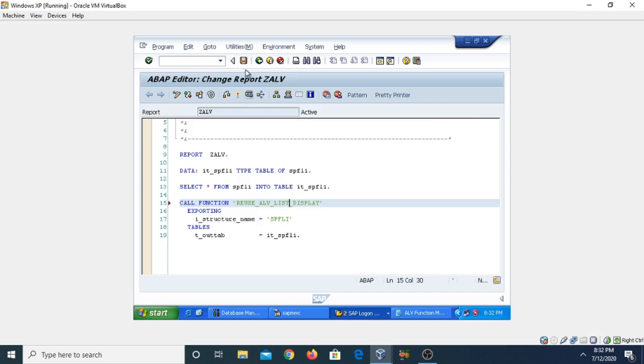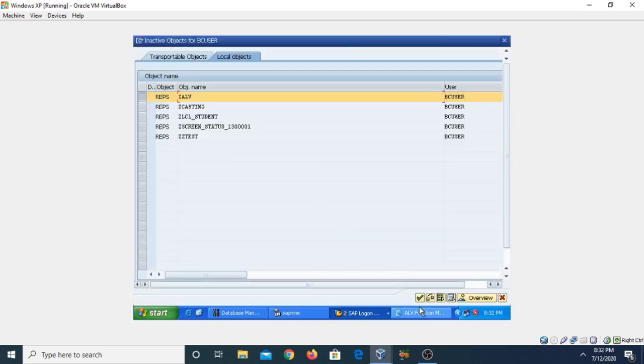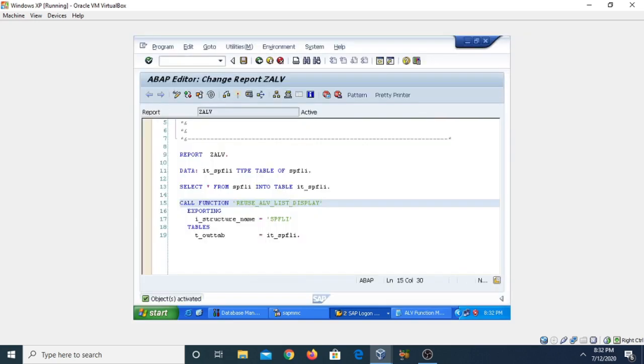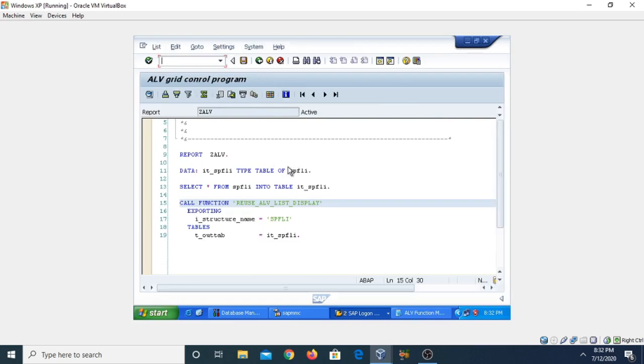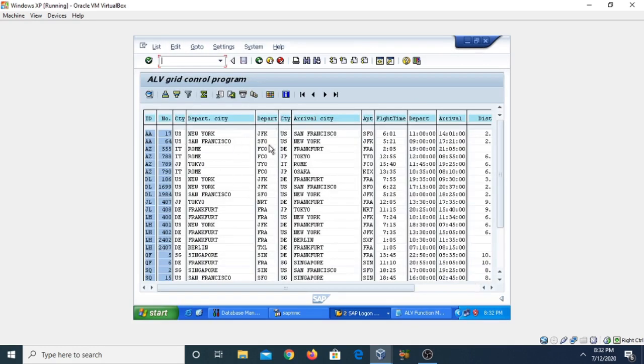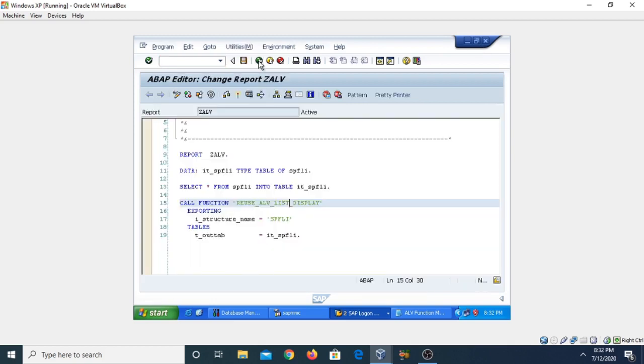Just replace this one, click on the save button, check for errors, no error, then activate the program and execute it. Now you can see the data is in the form of a list, not the grid form. So this was all about the implementation of ALV grid control.